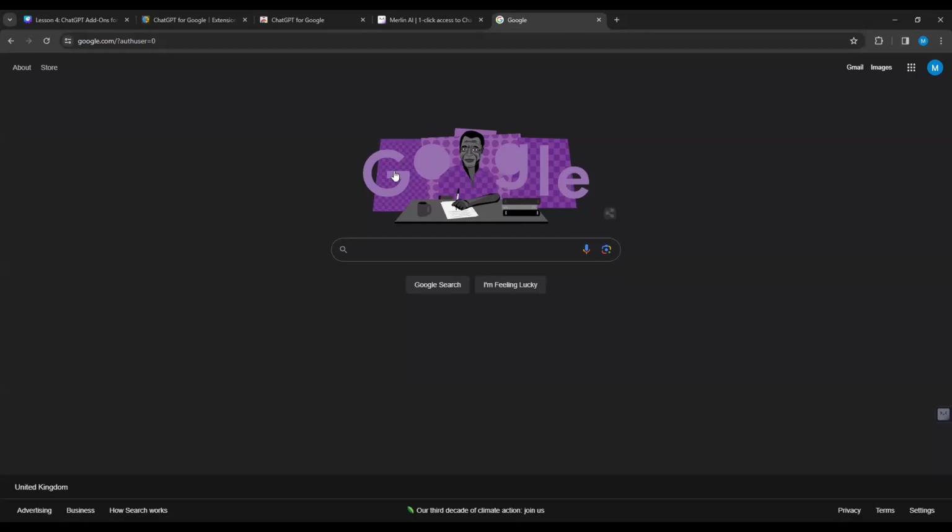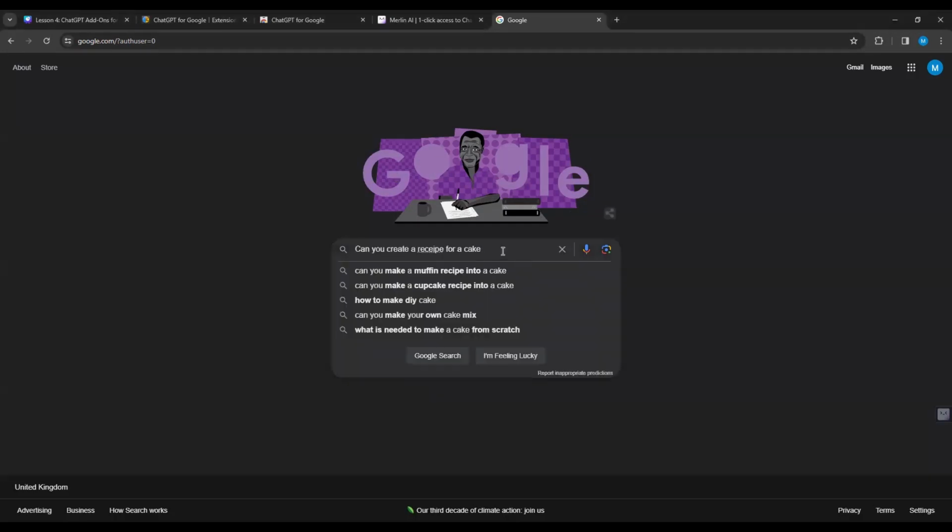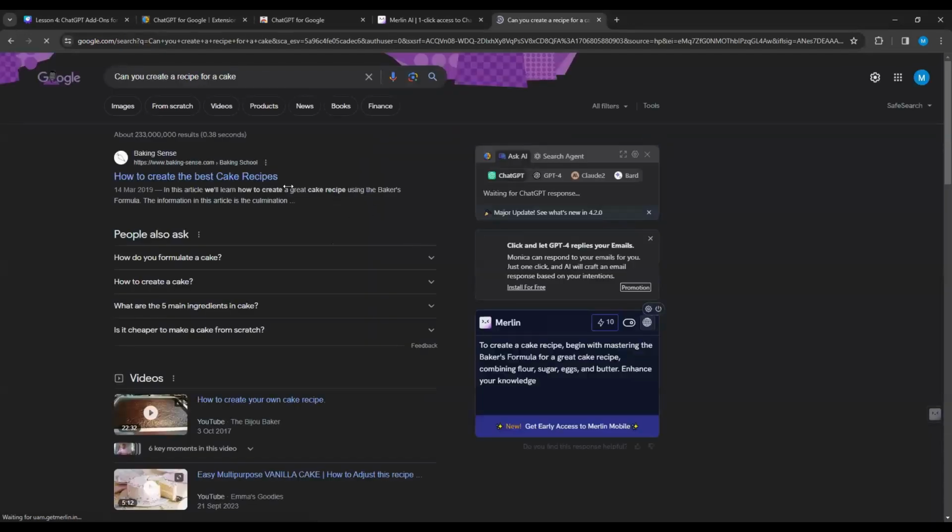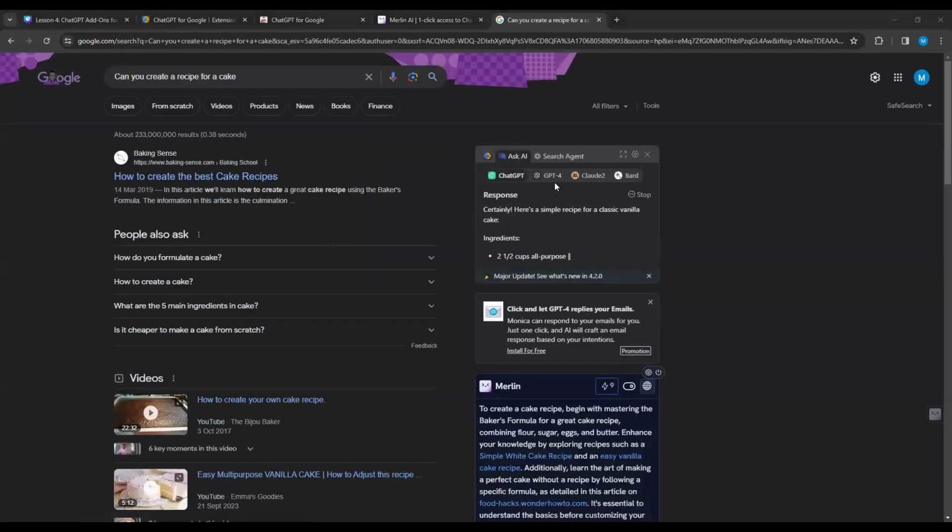Okay, I've got a couple suggestions in the chats. So let's say, yeah, can you create a recipe for a cake? So let's try that. Or like a recipe for a cake. So let's see. And you can see because I've added the extension, if you try this the first time,